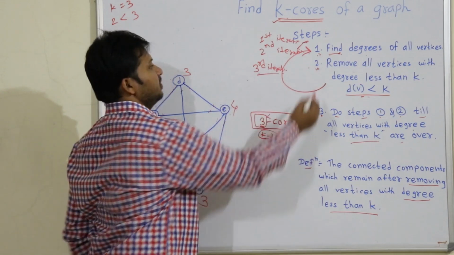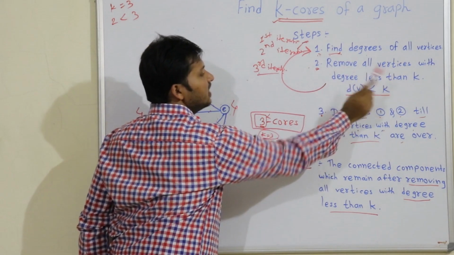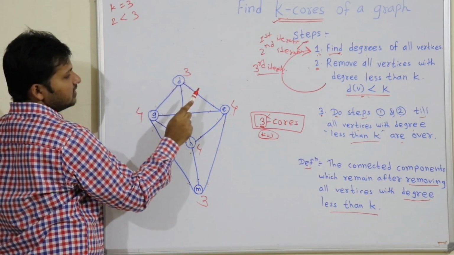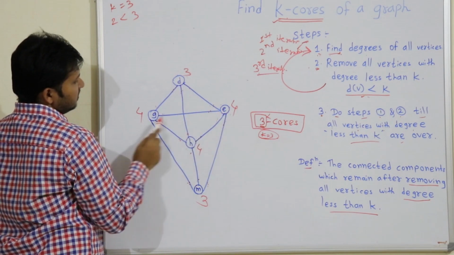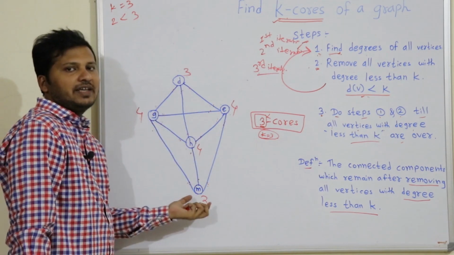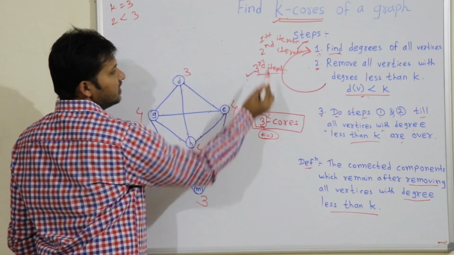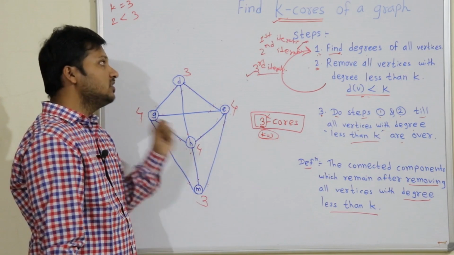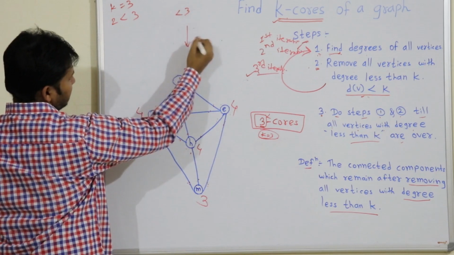Now let's go to the second step for the third iteration. The second step is remove all vertices with degree less than k. So 3 is the degree of vertex D, but 3 is not less than 3, it is equal to 3, so it remains, okay. Vertex E also remains, vertex G remains, vertex H remains, vertex M remains because they are not less than 3. So in this third iteration, we have not found any vertex with degree less than k, that is degree less than 3 in this case, okay.